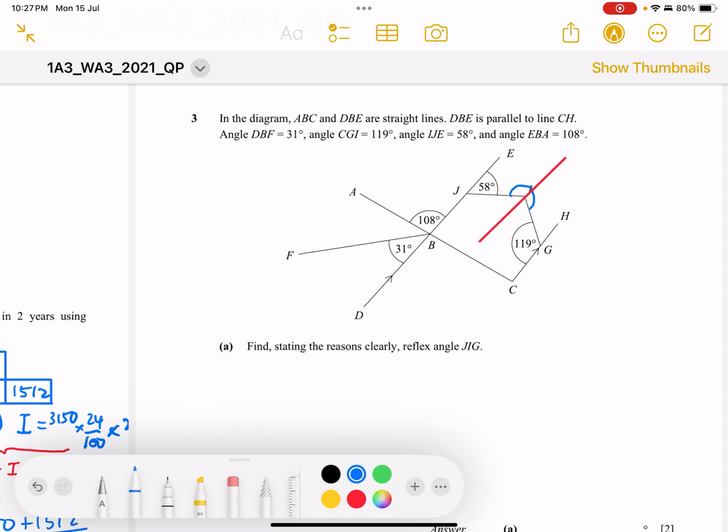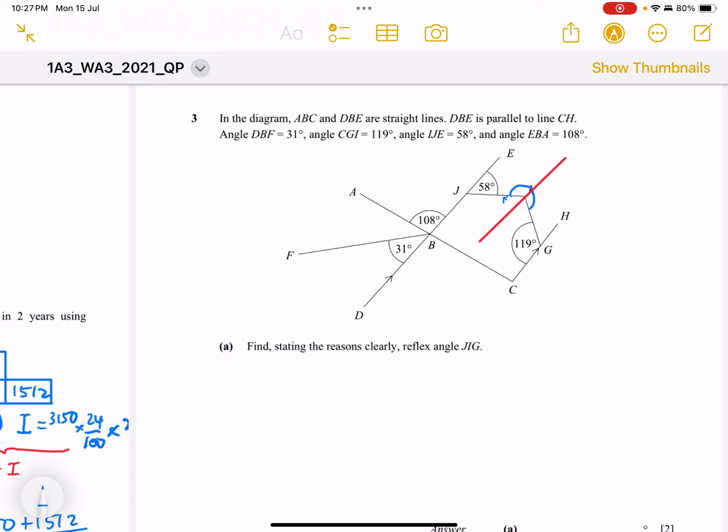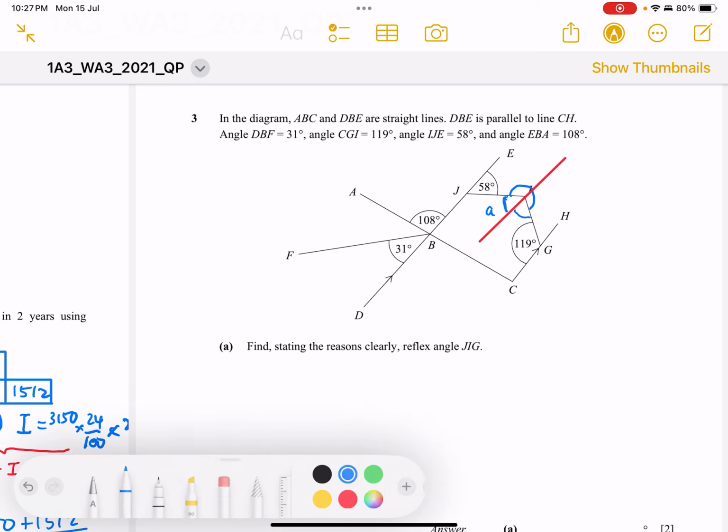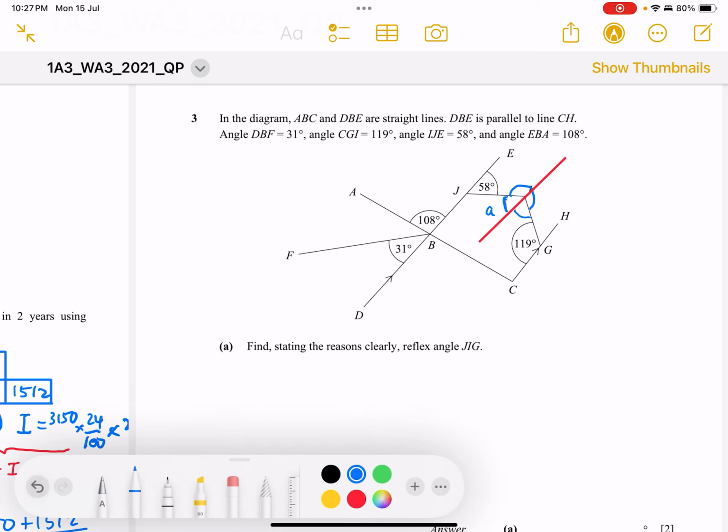And then we can use alternate angle to find this angle, or interior angle to find this. Or perhaps it might be better for us to find the angle directly,